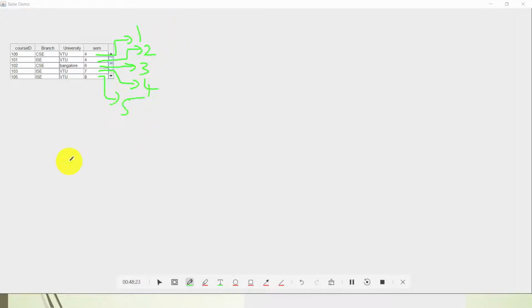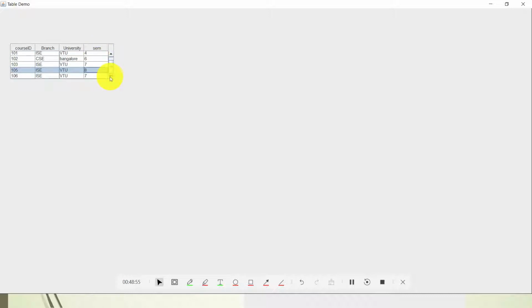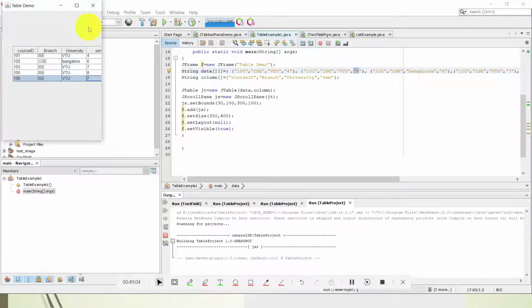Okay, so I have to scroll now. So you can see the scroll bar here. I need to scroll this down. Okay, so that time I get the rest of the rows. So here is the sixth row. Last one is my sixth row. So I can scroll here, because I have added the table to the scroll pane. So if you see properly, students, first row, second row, third row, fourth row, fifth row, and I'll scroll here, and this is the sixth row. Okay, so that is how it is. So this is how you create a table and a scroll pane.